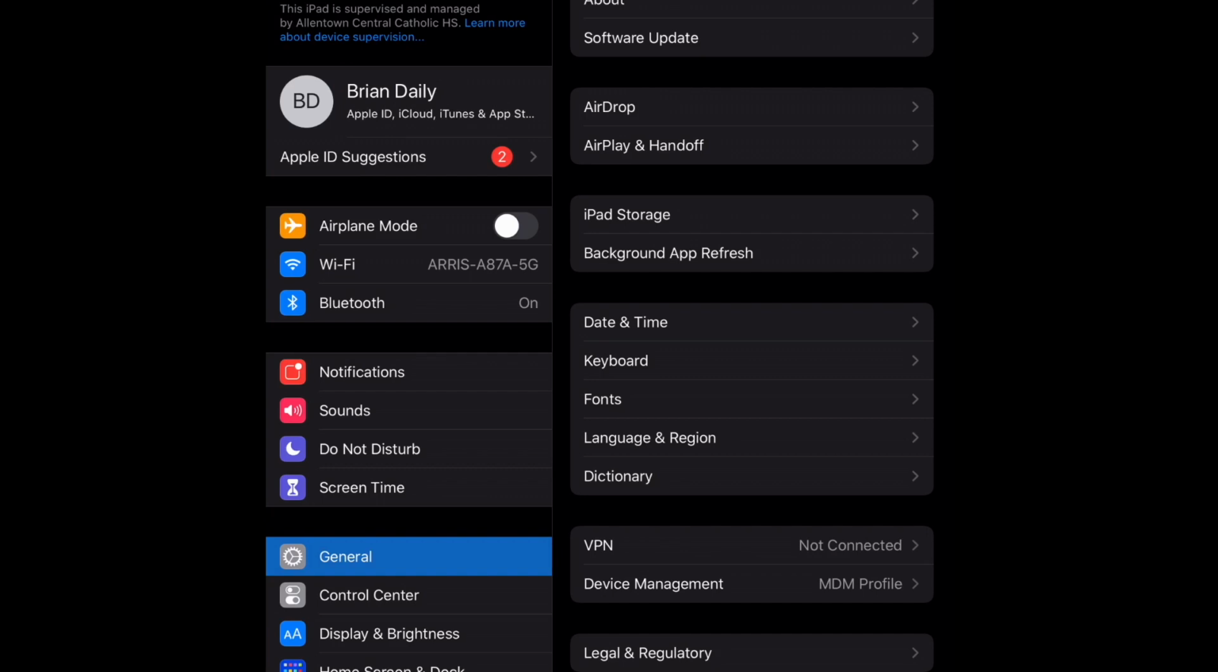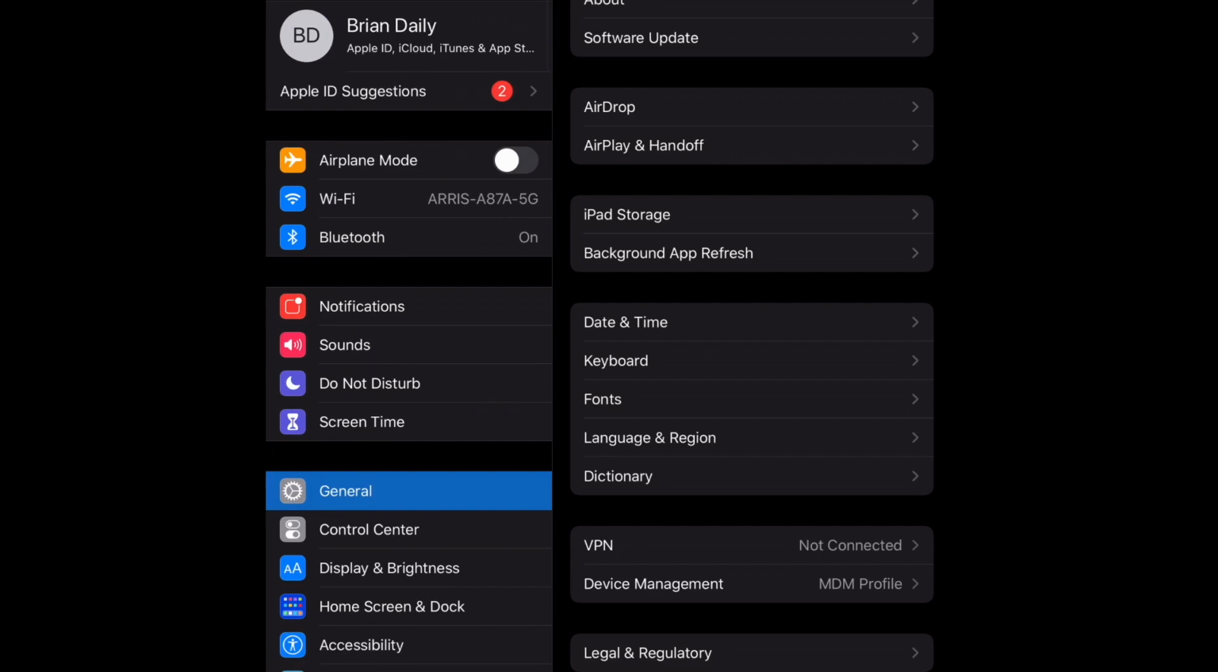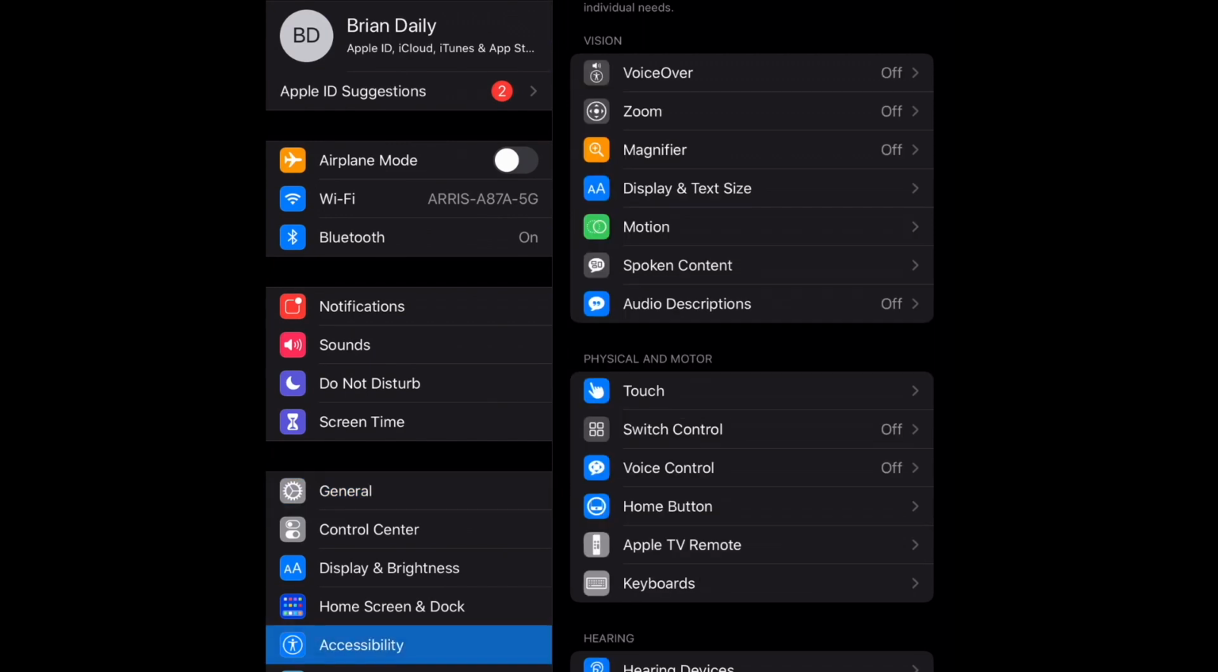In this video, we'll discuss some tools that are built into your iPad that will provide some visual assistance. To start, we're going to open the Settings app and navigate down to the Accessibility tab towards the bottom of the page. One thing that we can do to help with text displays is to adjust the display and text